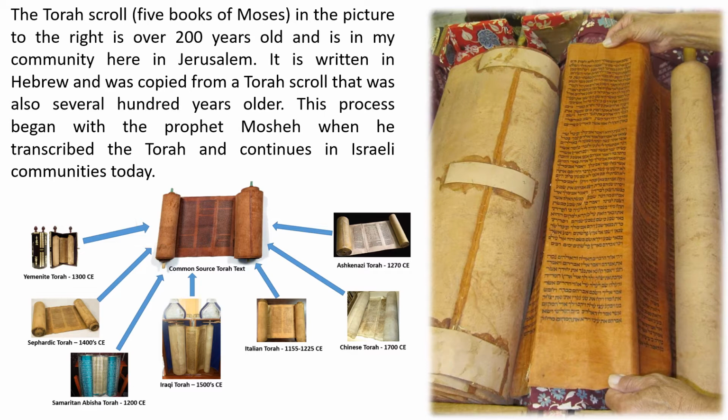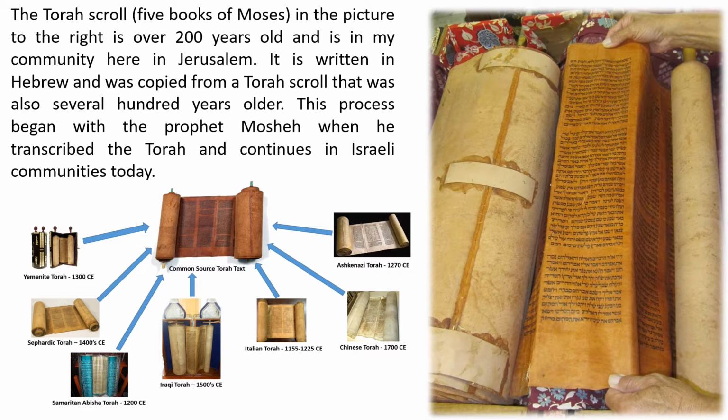So that means about 200 years ago, the Sofer from the Sharabi family, who transcribed this Torah scroll that you see on the right side of this picture, had copied it from a Torah scroll that was several hundred years old at the time. So that Torah scroll would have been about 500, 600 years old. And there's actually a family who came from Yemen not too long ago, came to Israel, who brought a Torah scroll with them that was about 800 years old. So you have a number of communities, not just the Yemenite community, but also other Jewish communities that have Torah scrolls in their possession that are several hundred years old.